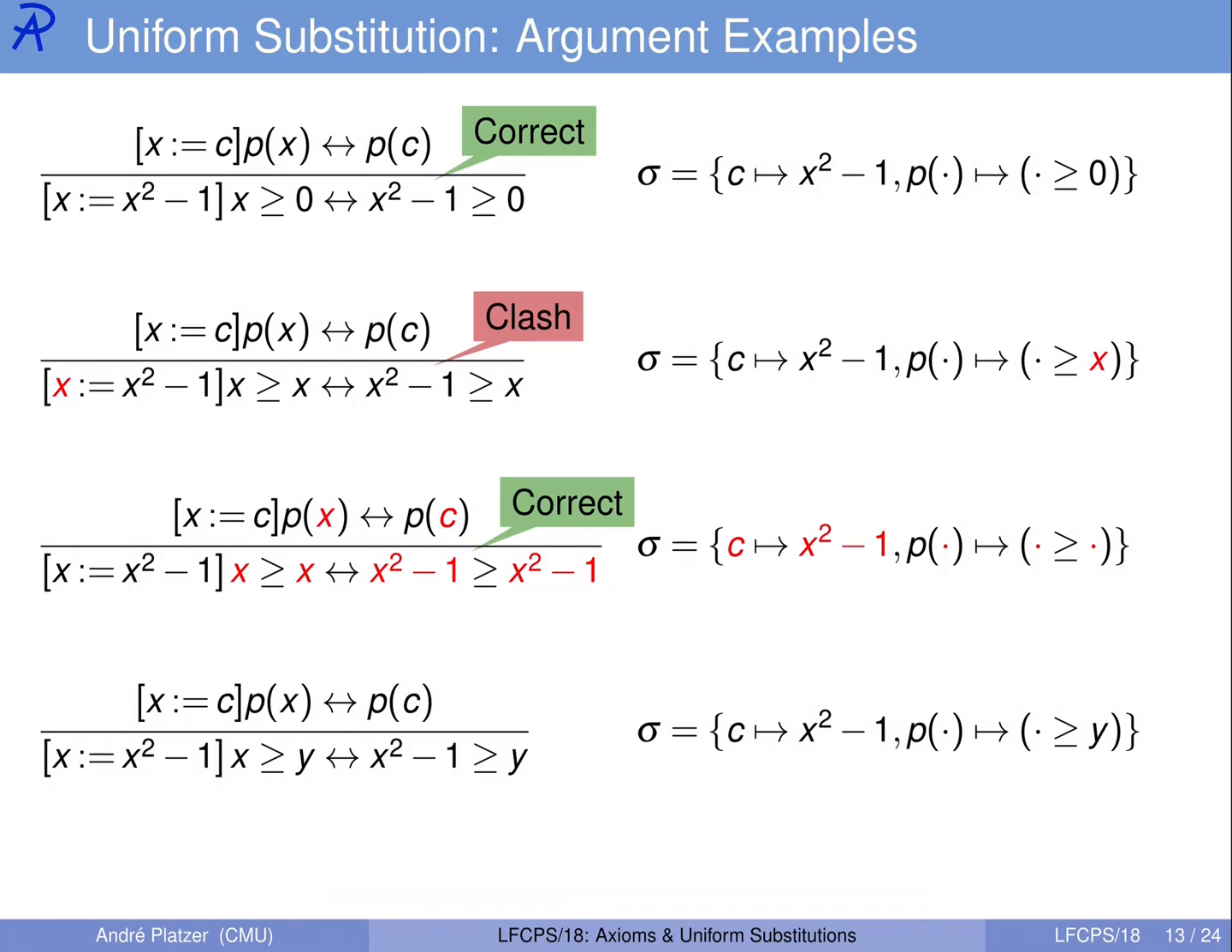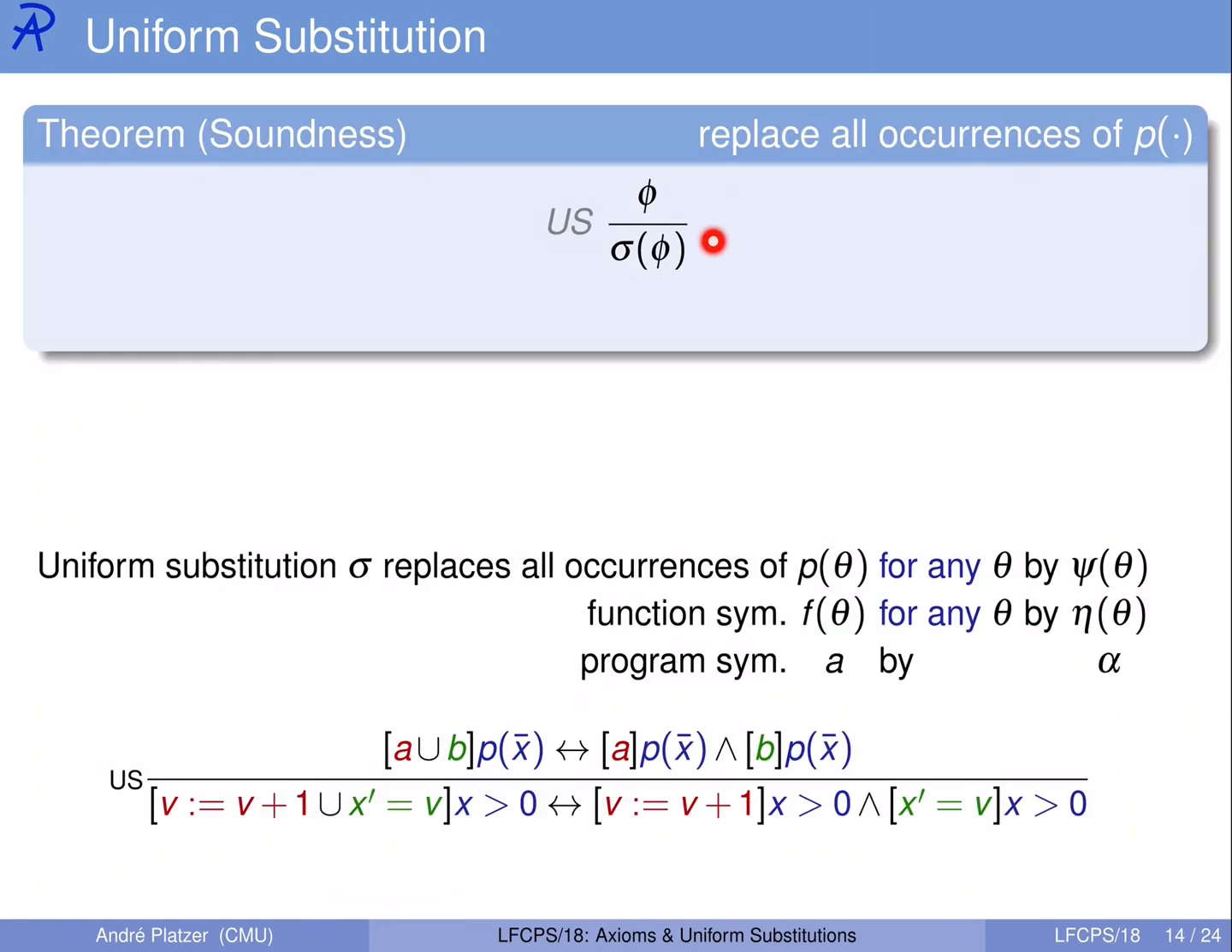Down there as well, x here was taboo, but if we talk about y instead, then everything is correct, because comparing x to y is still referring to the same value of y that it was before, because we're changing x here and we're not changing y. If formula phi is valid, then the uniform substitute of it, sigma of phi, is also valid, but the substitution